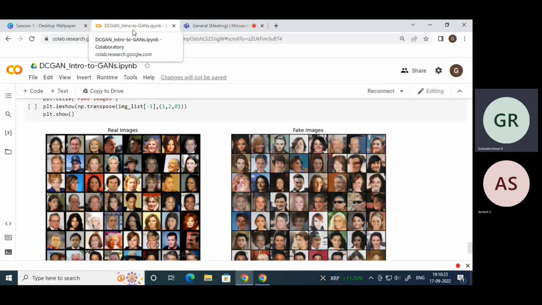Fake images, like randomly. No, but the fake images are being generated by the generator, right? So you're training the discriminator and you're training the generator. You're saying you're generating all the fake images and then inputting both of these to the